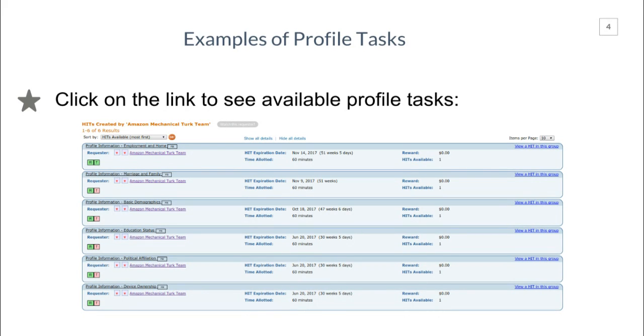But I believe personally that down the road, the effect of these qualifications will be less unpaid screeners and less getting partially through a survey just to find out you don't qualify. So I think it's a step in the right direction to get rid of some of that behavior where we're forced to do a small amount of work and then return the hit and not get compensated at all for that work. So I think this is a good thing, and I think working for nothing here is probably going to add to our potential funds in the future, since we won't be grappling with these sort of demographic things,